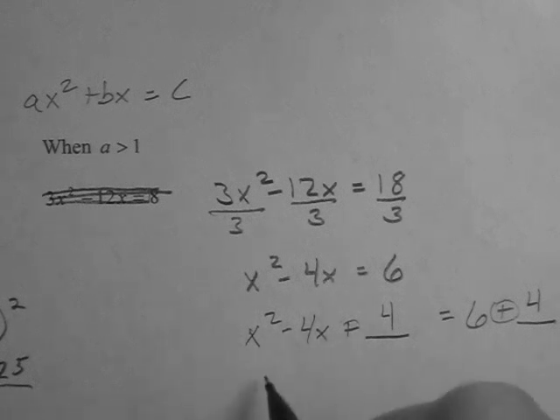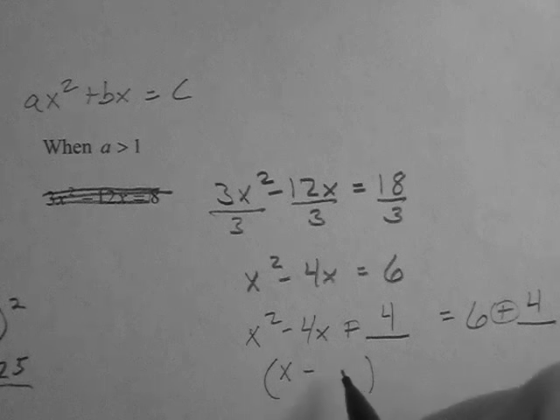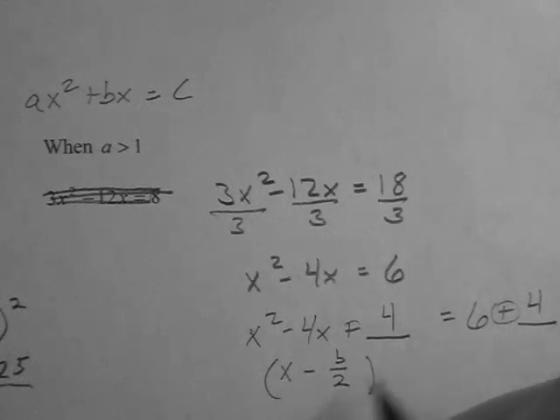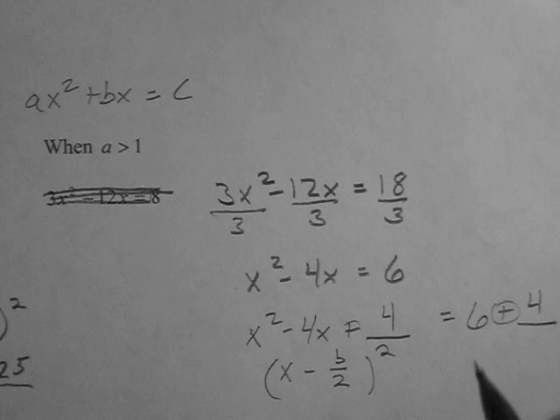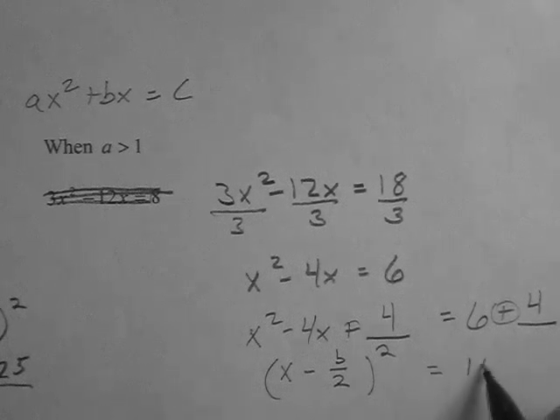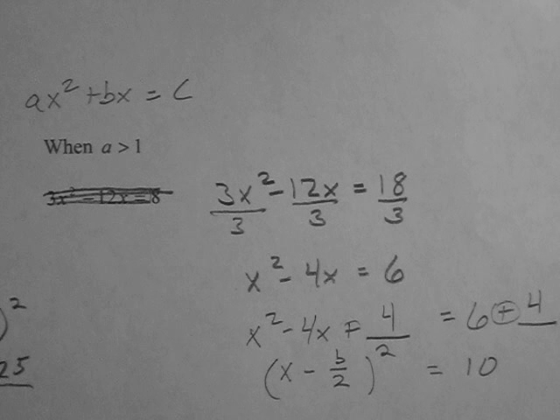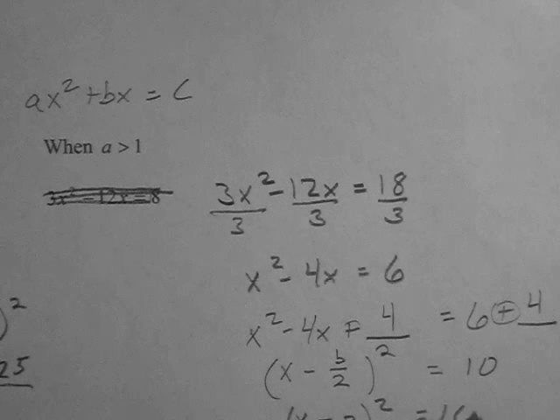Now this is going to factor, and kind of a secret if you want to, you can say that this is always going to be x minus b divided by 2 and the whole quantity squared equals 10. So that can kind of shorten your work up. And so in this case it's going to be x minus 2 squared equals 10. Now once we get to this step,